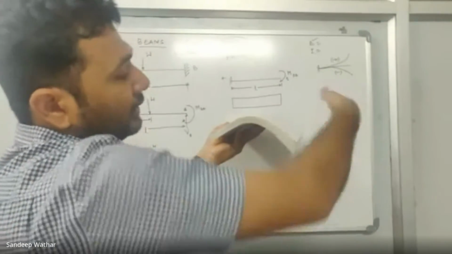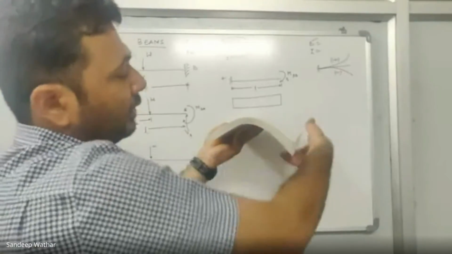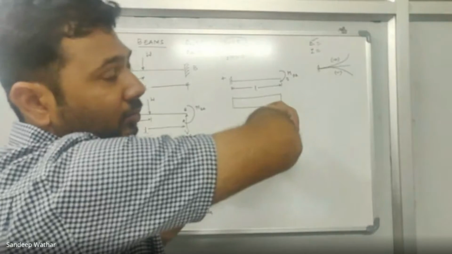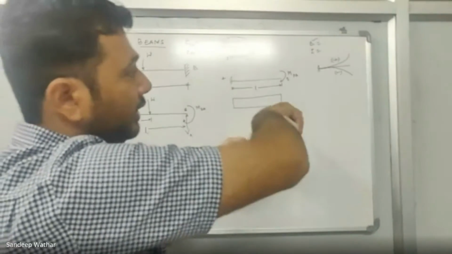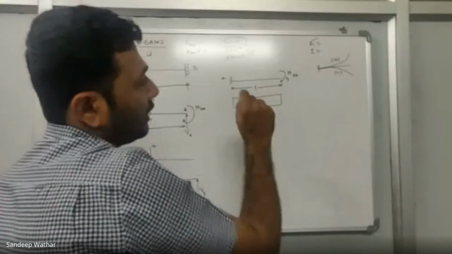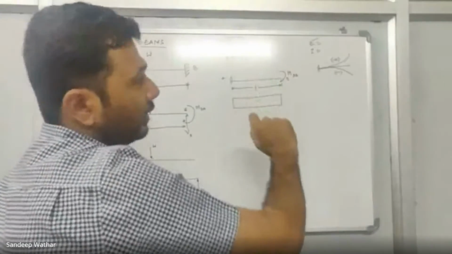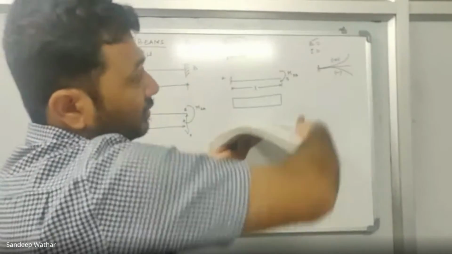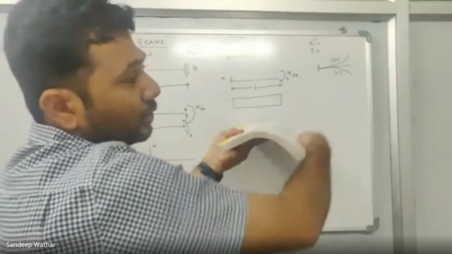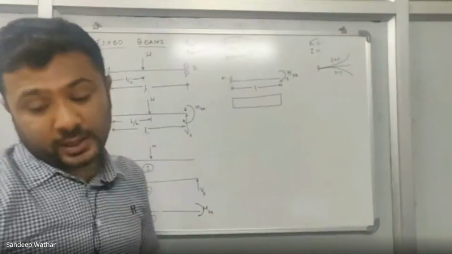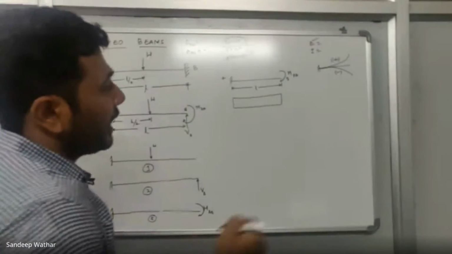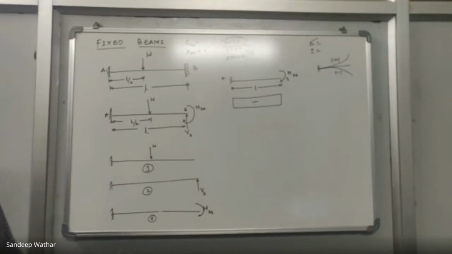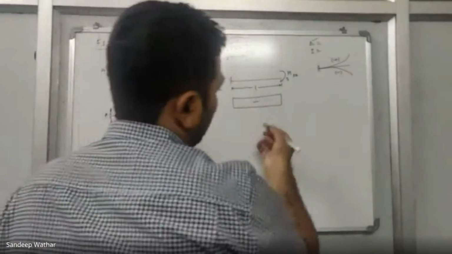Now, if I apply a moment like this, opposite direction, okay, like this, in the anti-clockwise direction. If I apply like this, so how is it moving? It is going into a sagging condition, right? So with respect to direction, you can understand whether it is sagging or hogging. So in this case, the moment is being applied like this, which is clockwise direction. Because of that, it is hogging in nature. So because it is hogging in nature, so I can mention it as negative. Is this clear? Right.